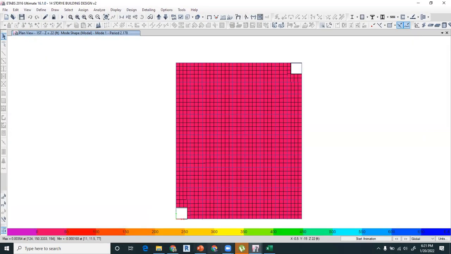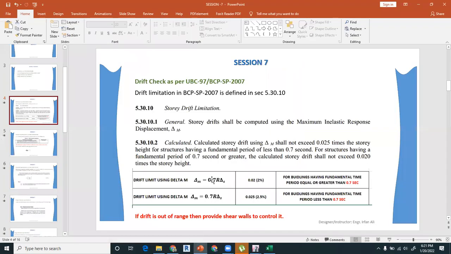So our building's fundamental time period is greater than 0.7. So the limitation for the building is